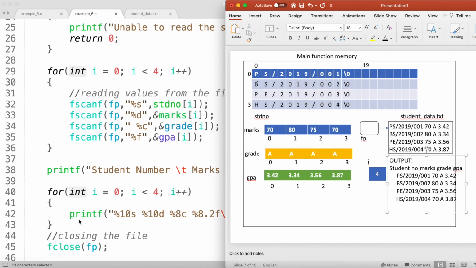Once my computer completes this for loop, it will go and execute the fclose command. It will assign this file pointer the null file pointer. This is how my memory looks after executing the fclose(fp) statement. That means right now my program is not referring to this memory location.